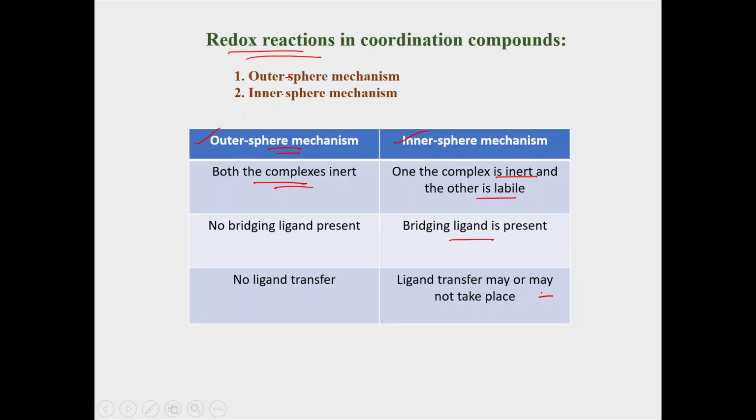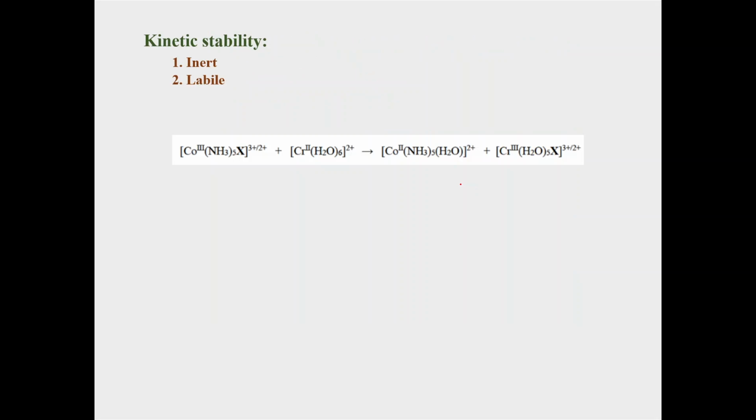Okay. So here, as we said, both complexes are inert in one case, and in the other one complex is inert and the other is labile. So what is labile and inert? This comes from kinetic stability. If a complex is kinetically stable, we call it inert, and if it is prone to ligand substitution reactions, we call it labile. The complexes given here are octahedral complexes. So inert complexes will be those in which, in the octahedral crystal field,